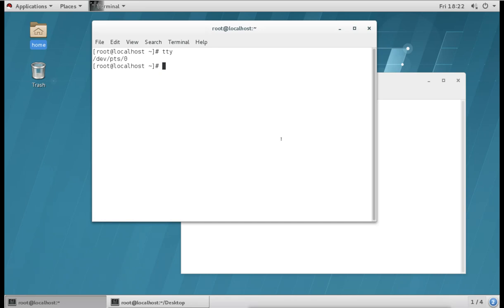So we are going to start from the basics. We now know how it looks, how we can log in, how we can open the terminal, and how we can switch from one terminal to another. Now we will see how we can manage it through the command line, starting from the basics. This was just an introduction to this Linux RHEL operating system, how it looks, how we use it, and how we log in.